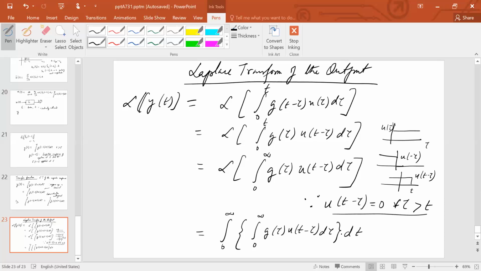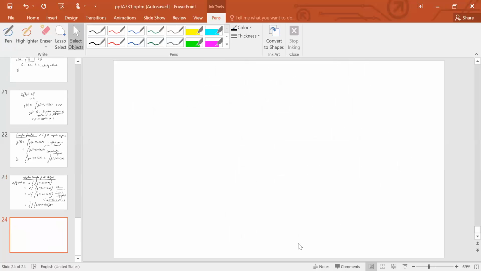Of course, you have to have e to the power minus st because of the definition of the Laplace transform. What does that lead us to? That leads us to the Laplace transform of y of t, that's the output, is nothing but